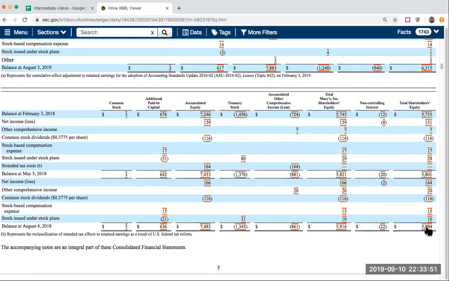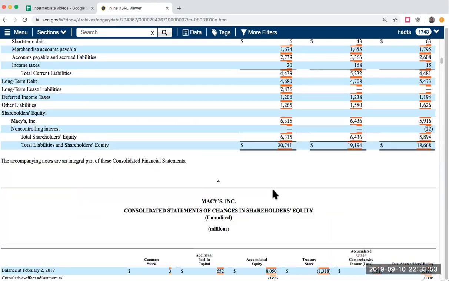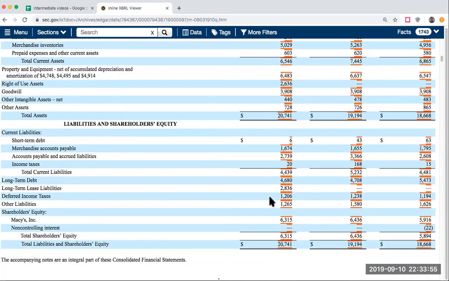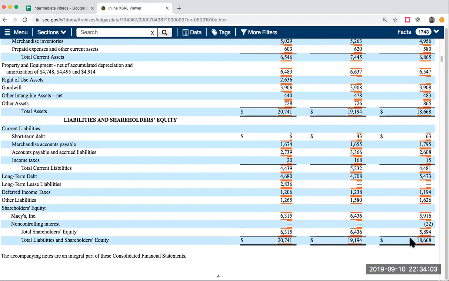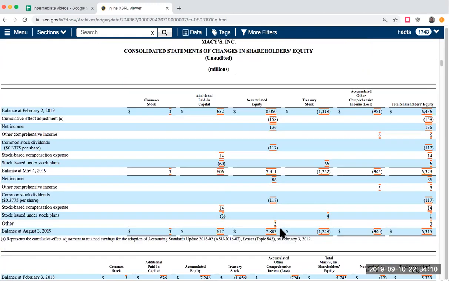Over here, this 5.8 billion is really coming from right over here, where it was 5.894 billion. That's where that amount is coming from, August 4th, 2018. So again, this helps us go through and gives us a little more insight into